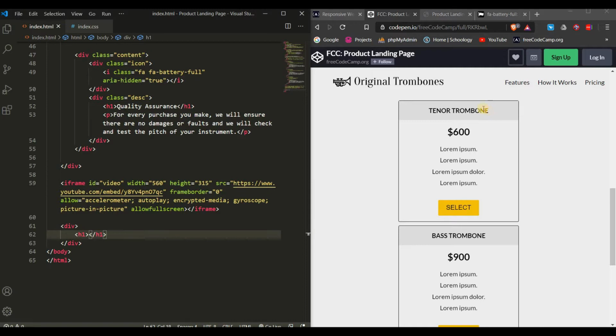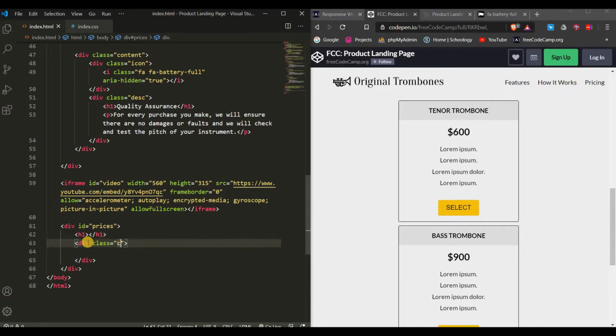It's gonna be this, and the bottom piece is another div. So we're gonna call this prices, ID. No, well, yeah, ID prices. I'm gonna go ahead and class content, and there's a H2 I'm gonna put here. P,